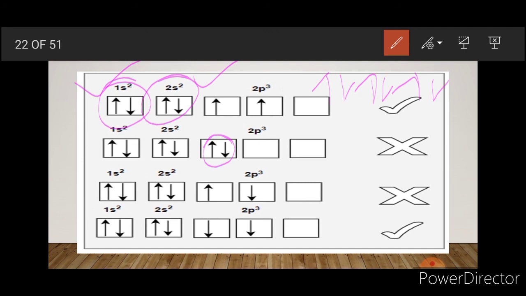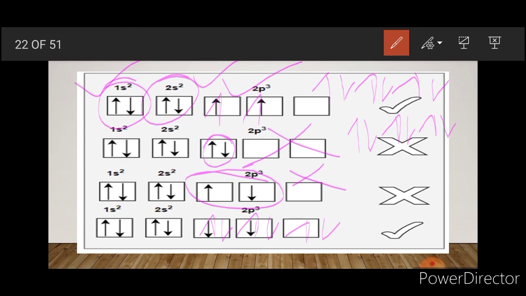And for spin also we have to remember, first we fill with clockwise and then we fill with anti-clockwise. So this is correct. The first one is correct and the second one is wrong. And here you can see that the spin is changed, so this is also wrong. We have to fill the same spin, either clockwise or anti-clockwise, which we can select on our own. We can make it a habit to fill electrons either clockwise or anti-clockwise. But we have to remember, first we make them singly filled, and only then will we start doubling.